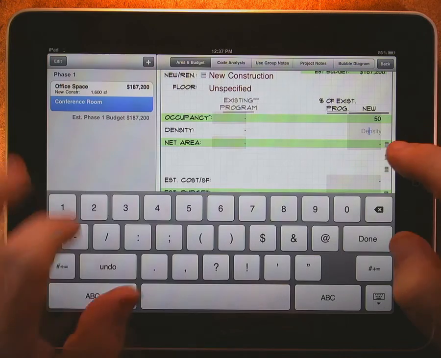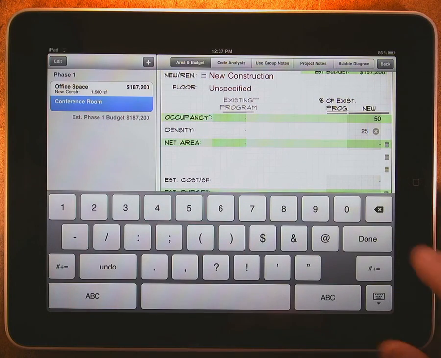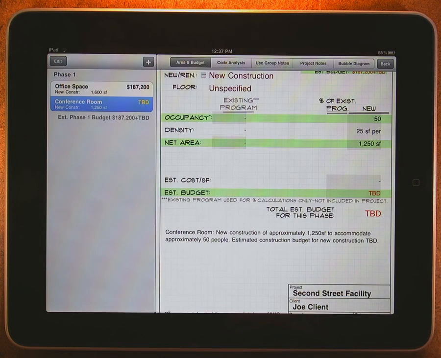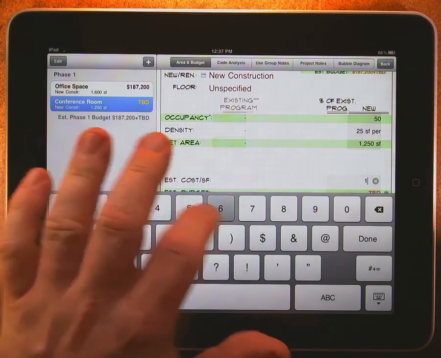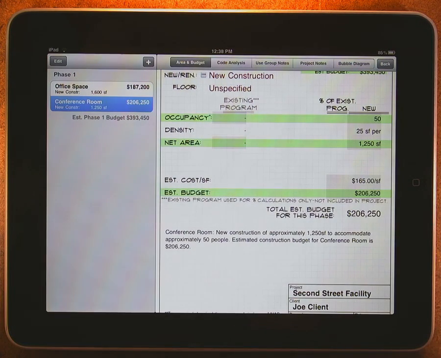And we'll use a density of 25 square foot per occupant. That gives us a net area requirement of 1,250 square feet. We're going to use a quality value of $165 per square foot. And that's it. We've created our use group, and we've got our conceptual budget for that space of